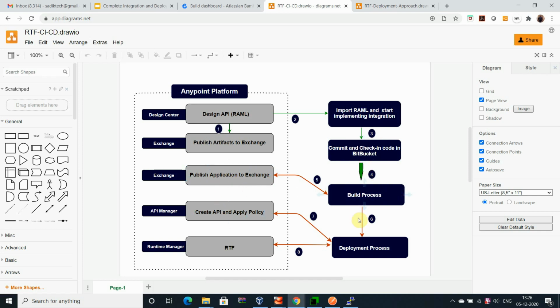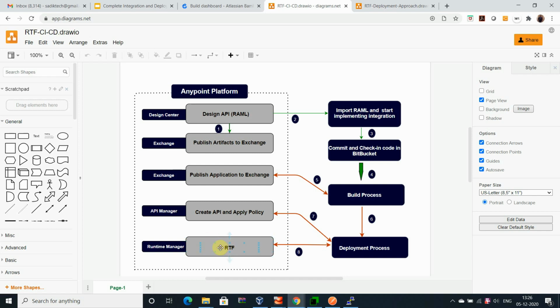Okay, then we move to the further process to create an API instance of the RAML, which is associated with the API application, and then we get the information of the API instance which we are creating here, and that API instance information we are associating with the application and then deploying to the RTF.